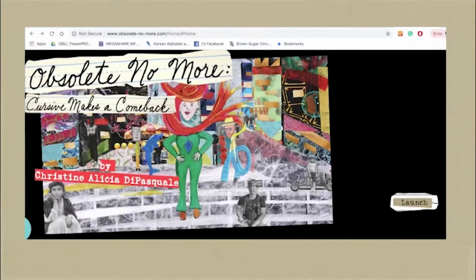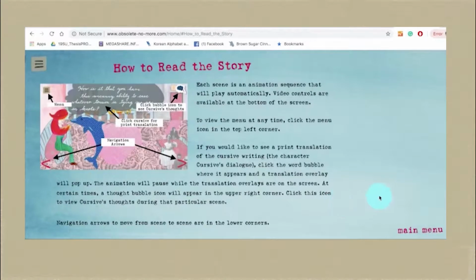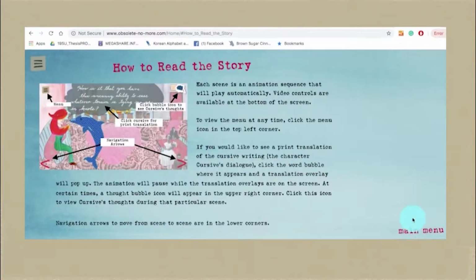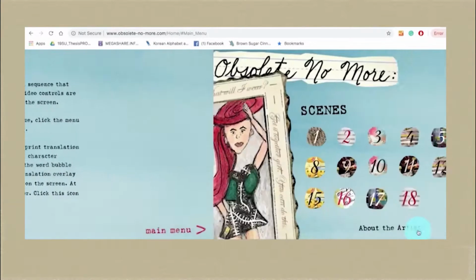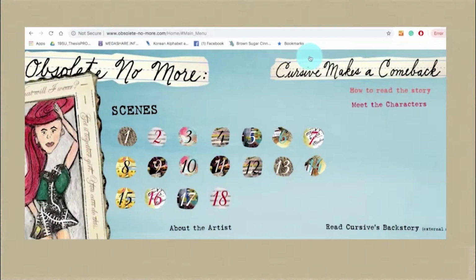Obsolete No More is an interactive digital website built with my artwork and animation by MFAVN alum Christina Madison Ebert. On launch, it takes you to a page that tells you how to work the interactive elements of the story. From there, you can go to the main menu where you'll find a list of scenes, my bio, a link to the first chapter of the story, and a section where you can meet the characters, all of whom are